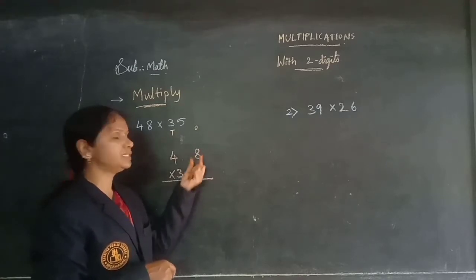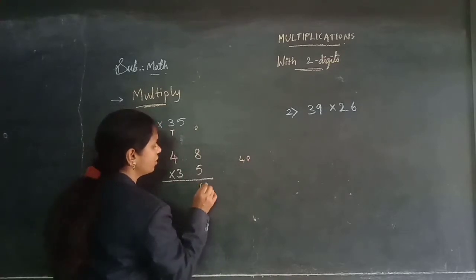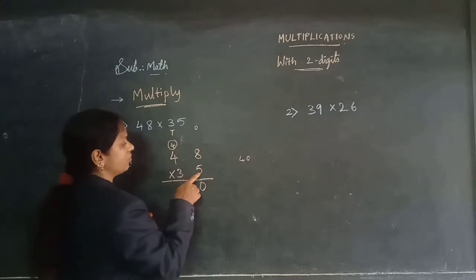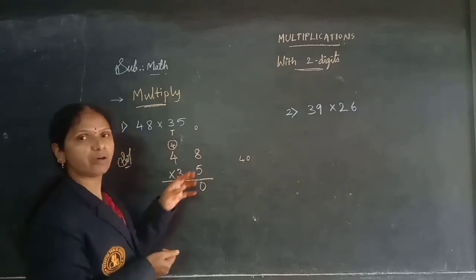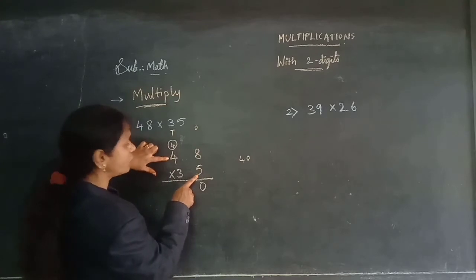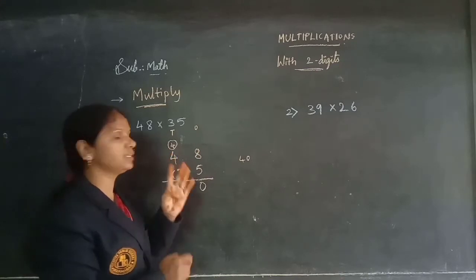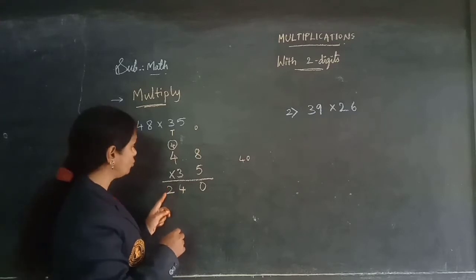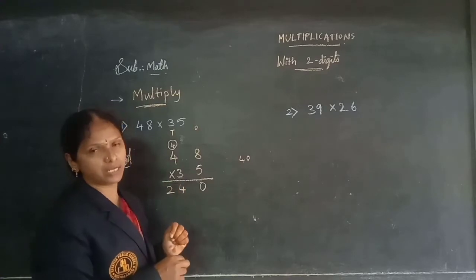So 5 8s are 40, children. 5 8s are 40 means 0 here and 4 carry here. Okay. Next 5 4s are 20. 20 plus this carry. Whenever we have the carry, children, we need to add that carry. Now 5 4s are 20 and this carry, 21, 22, 23, 24. We are getting 24, children, and I am writing the 24 here only. Why? Because to write the 2 as a carry, we don't have the digits here. So 24 here only I am arranging.